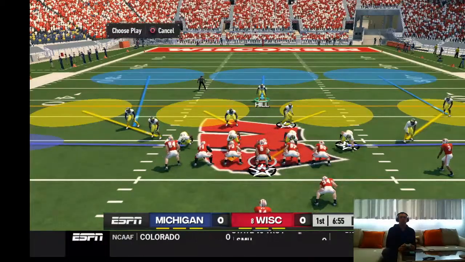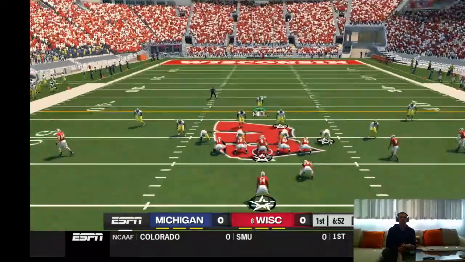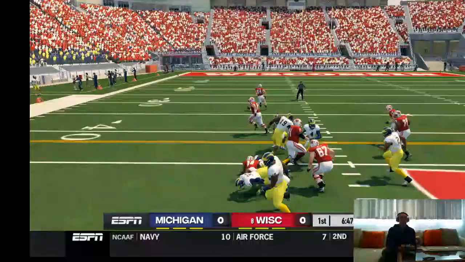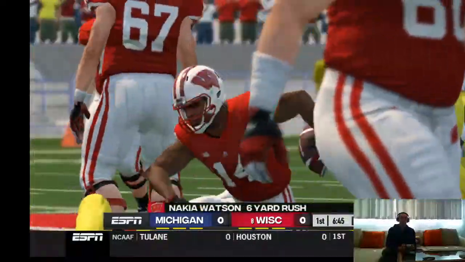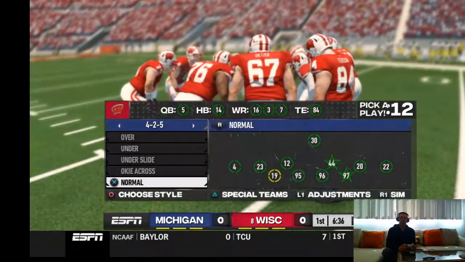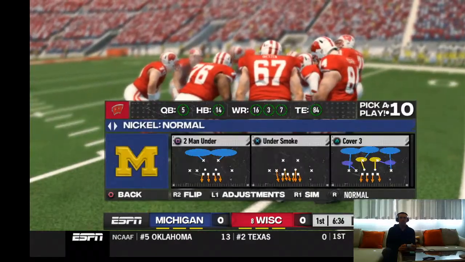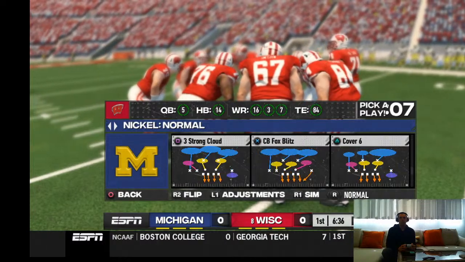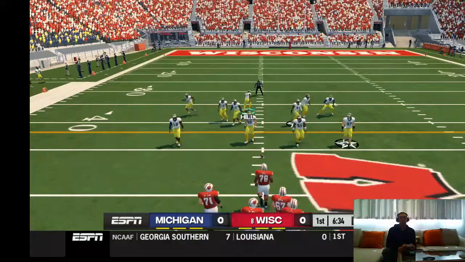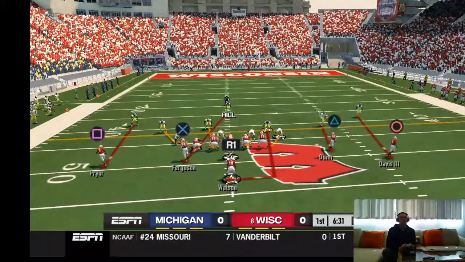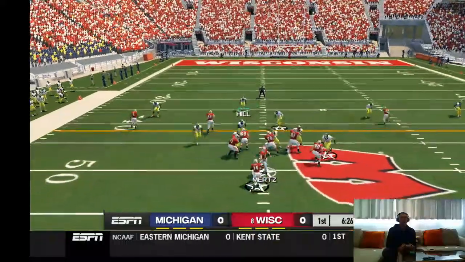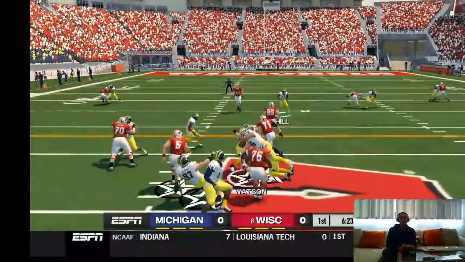From their own 47-yard line. First down. Tackled outside after a nice pickup. That'll make it 2nd and 4. They'll give it off here.